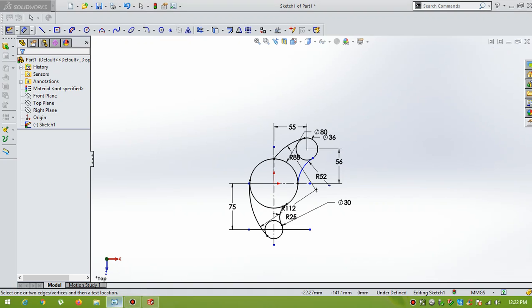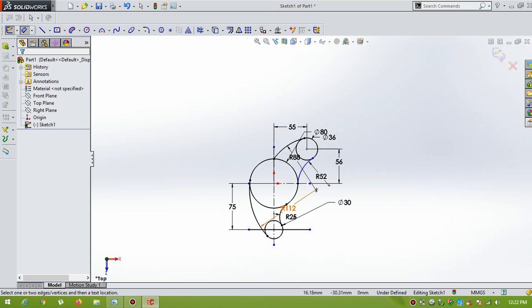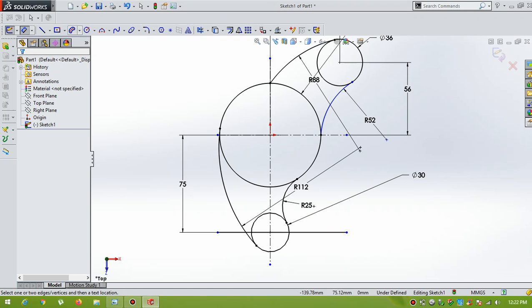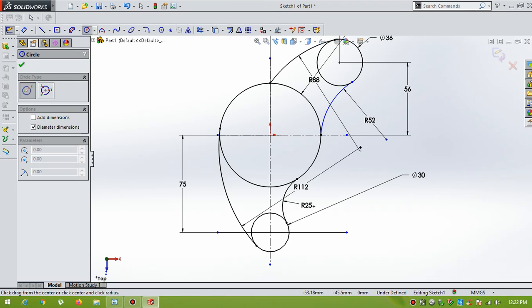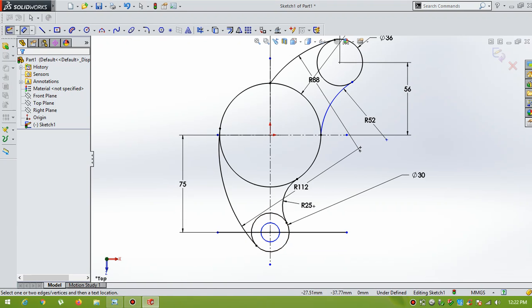Now in the bottom side you have to draw a circle of diameter 14. Circle of diameter 14.